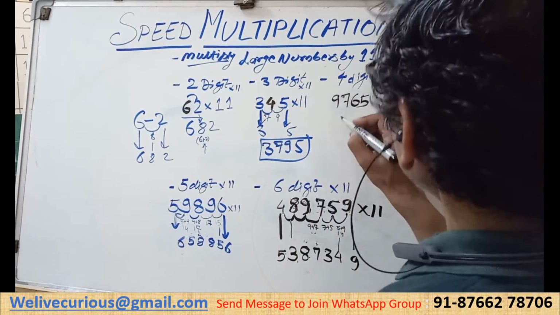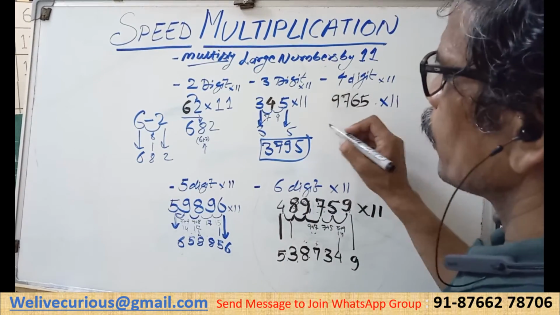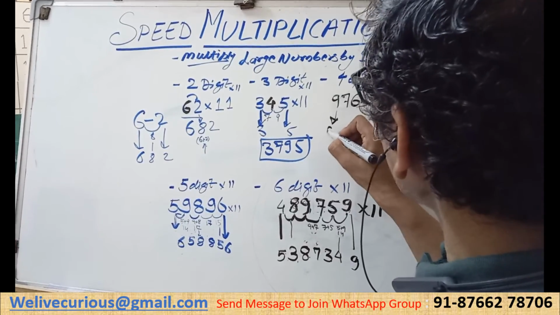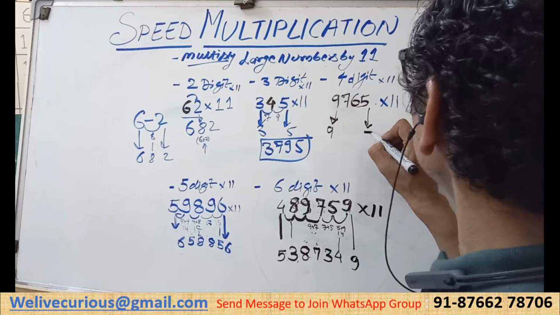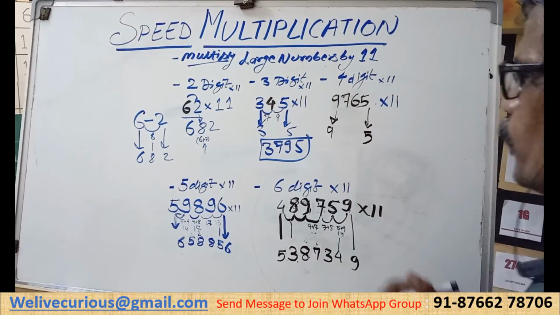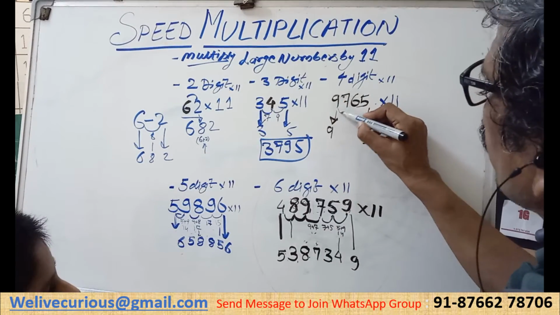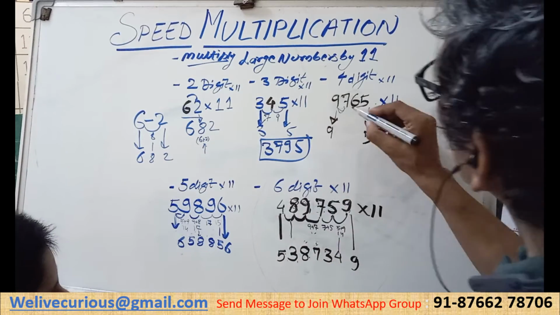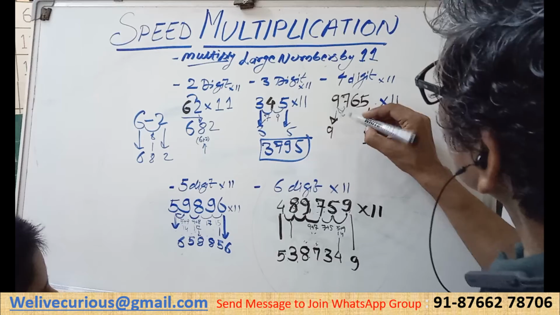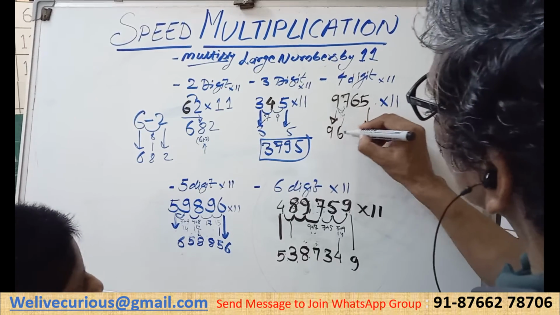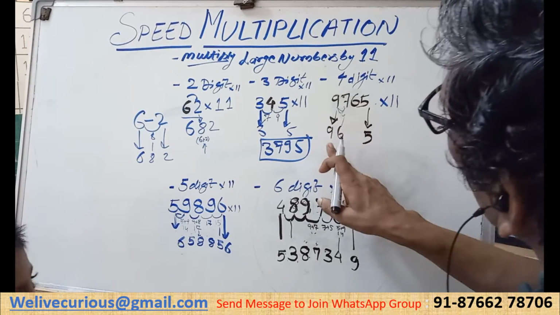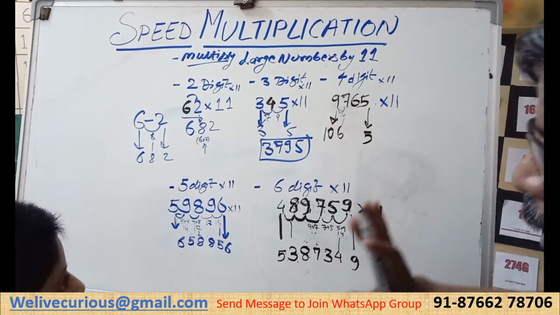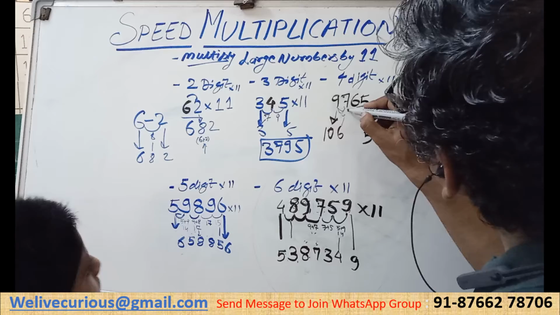Okay. Now, if you come across this kind of a situation, then simply drop 9, drop 5. Now, 9 plus 7 is how much? 16? So we write 16 here. And 16, 6 you drop here. 1 goes carry to the left. So 9 becomes 10. Taken care? Now add 7 and 6.